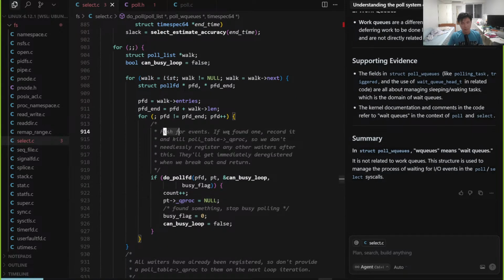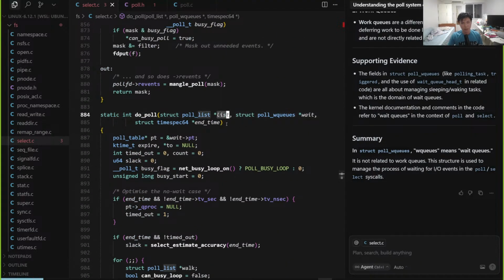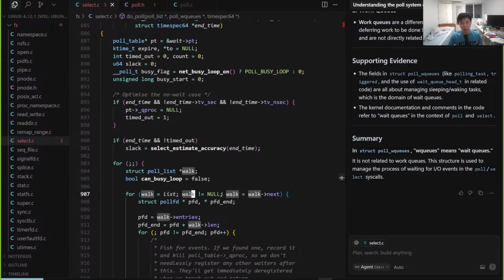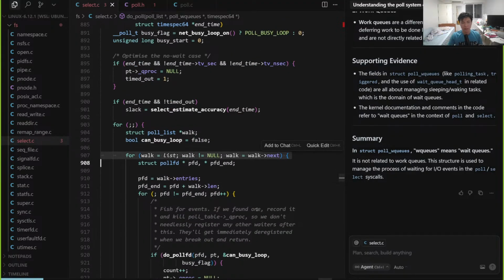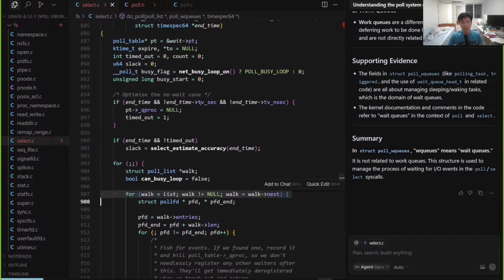you see that fish for events, and I think this is a for loop that walks down the poll list. Yeah, it walks down the poll list over here. So for each entry, let's say walk. Let's see the list that we pass. The list that we pass is here. Walk initially points to the head of the list, and while walk is not null. So this is clearly a for loop that goes through the linked list